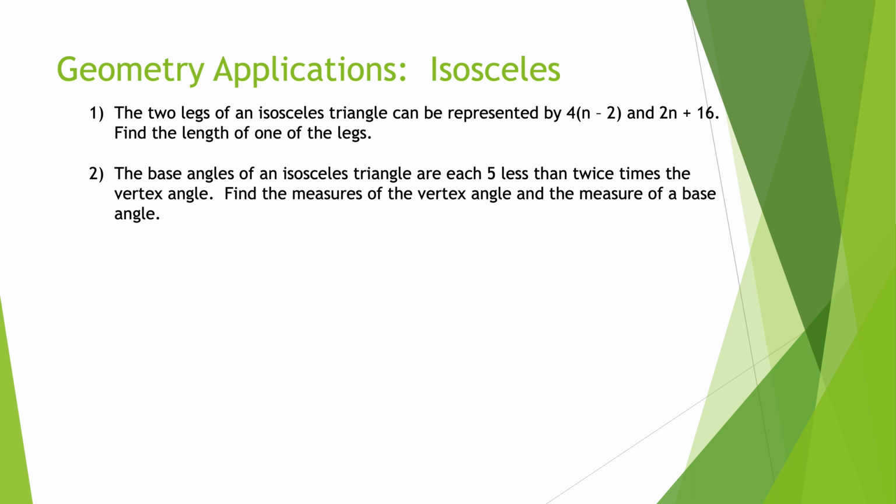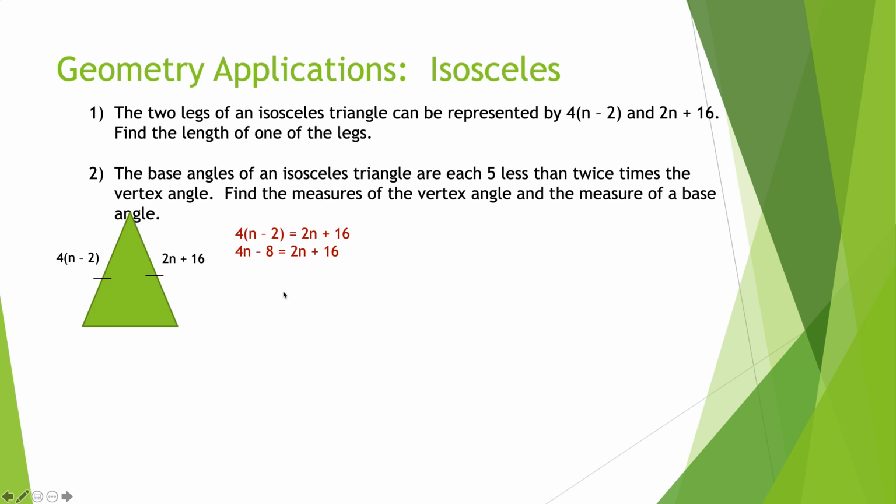Okay, so there's my beautiful picture. Remember, these hash marks here show that the sides are equal. That's a mathematical symbol way of showing those two sides are equal. Since they're equal, I set them equal here, and this is clearly not same side, same operation. I distribute the 4. I get 4n minus 8 equals 2n plus 16, and this is an opposite side, opposite